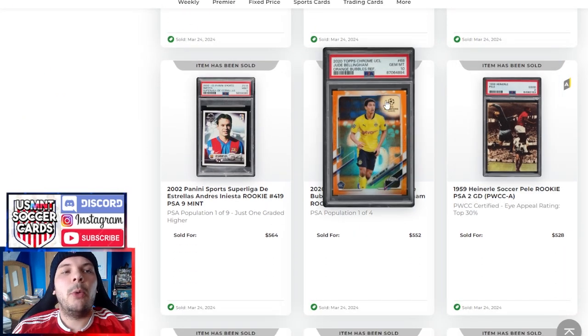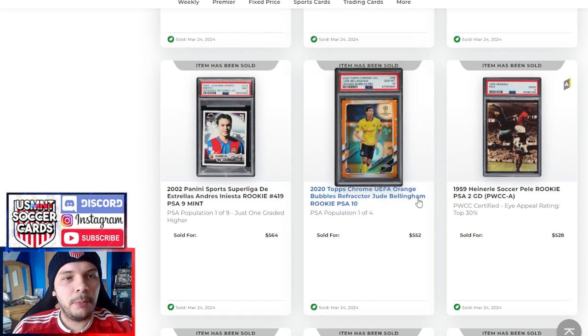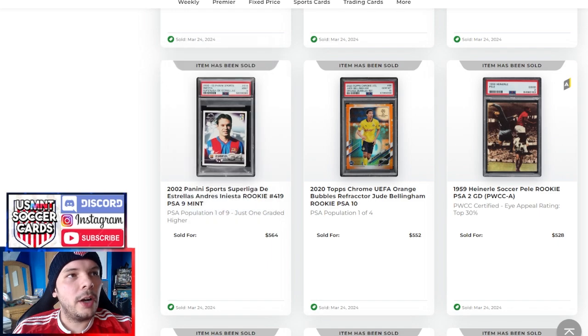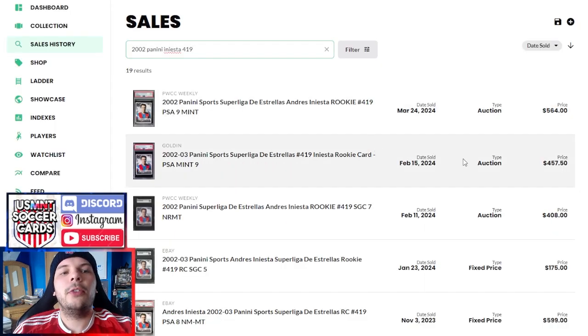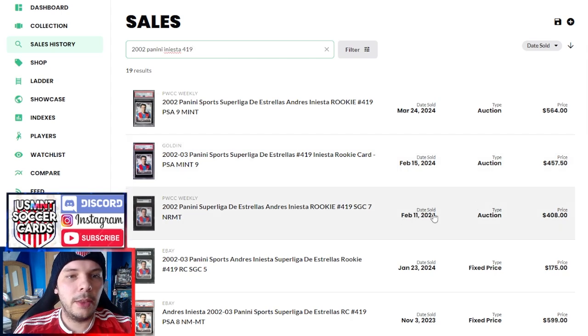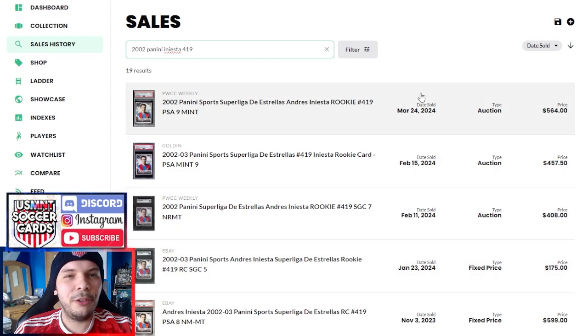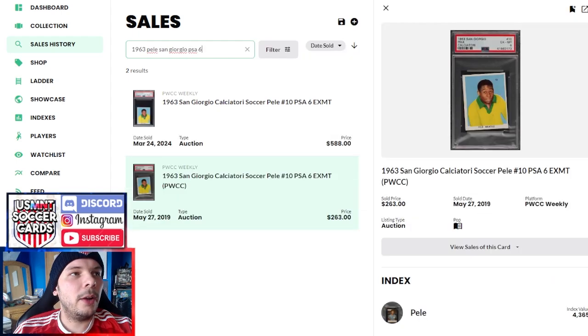Then we have a Jude Bellingham Orange Bubbles, which is numbered to an unknown amount. You got to figure that out yourself, but goes for $552 there. This is the rarer Iniesta from the 2002 Panini set. This is an update set, essentially. I think it's a winter update or something along those lines. Goes for $564. Last comp was $457, and prior to that, there was a PSA 9 that sold for $673